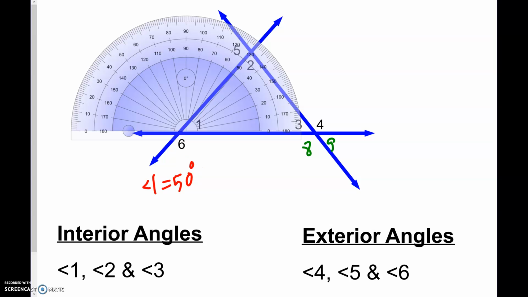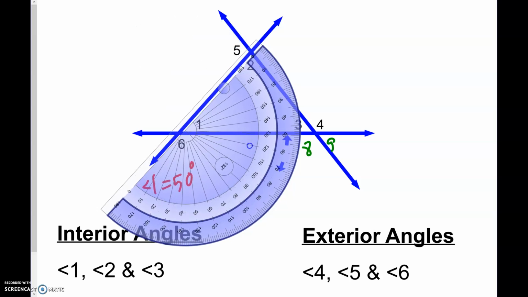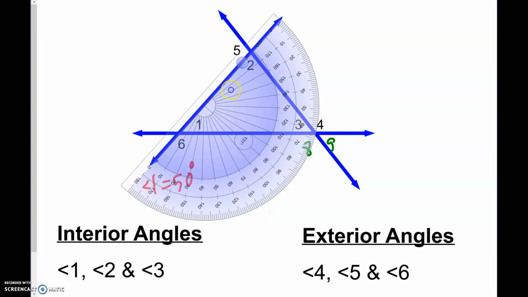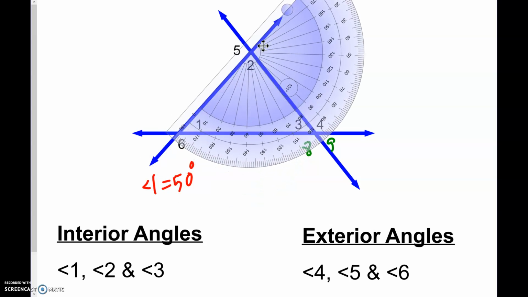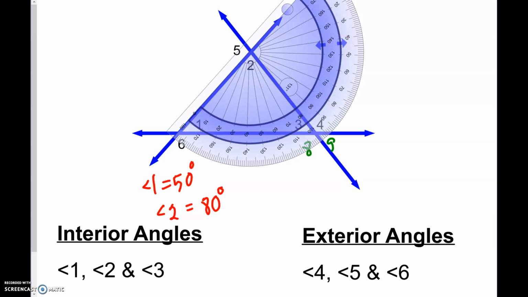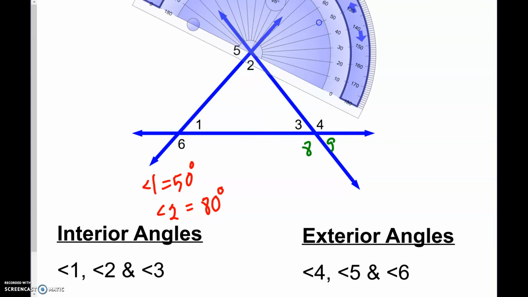All right, then I want to rotate this around. Might take me a couple chances here. Let's see how close I can get that. Slide it over here, and I'm going to measure angle 2. If I go up to angle 2, it looks like that is about 80 degrees. So angle 2 is 80 degrees, and then I want to measure this exterior